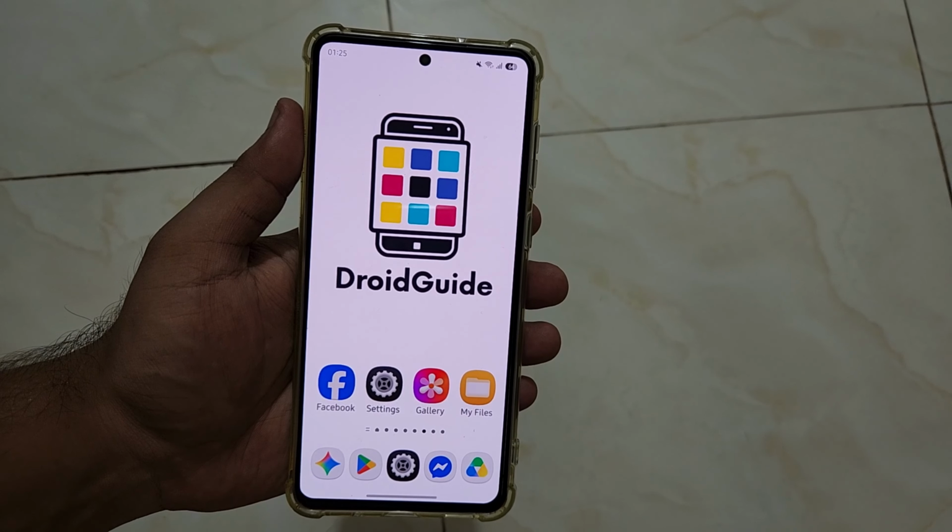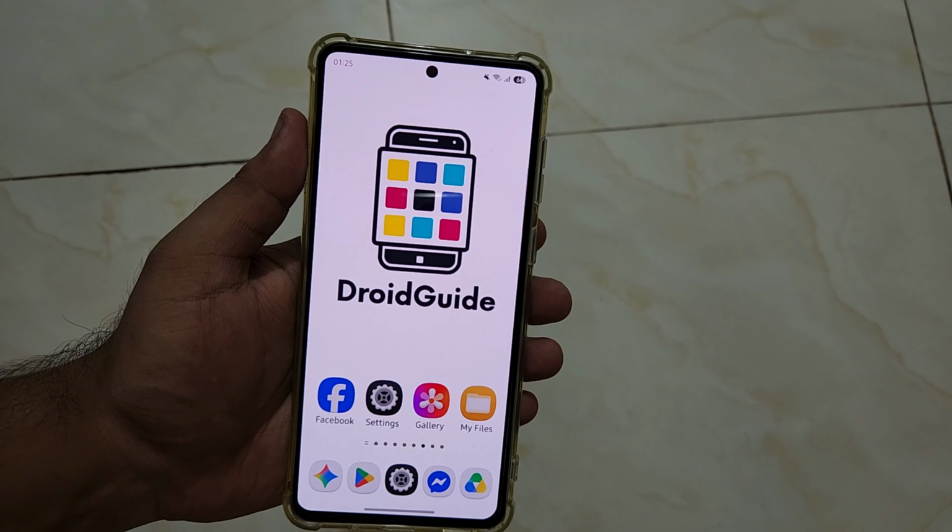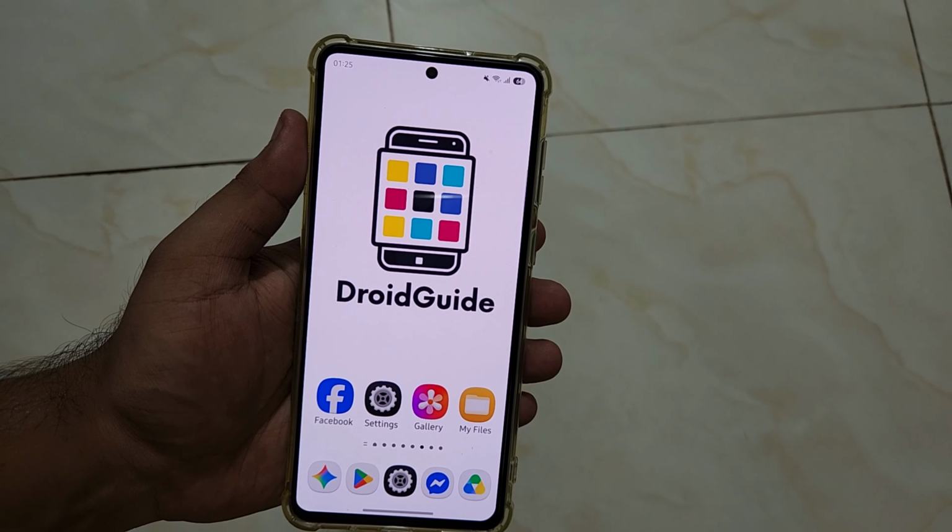Hey everyone, welcome back. In this tutorial, you will learn how to change PIN, pattern or password on your Samsung